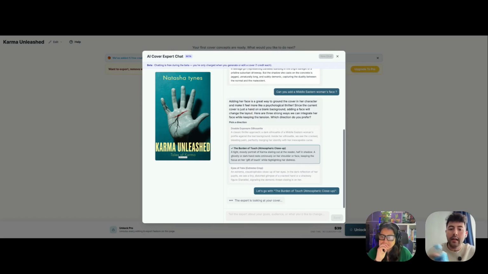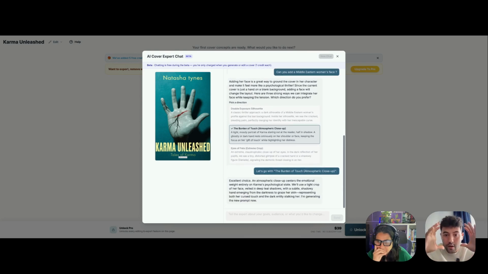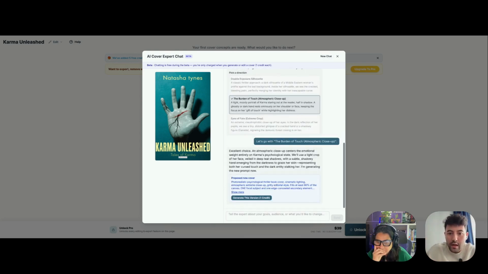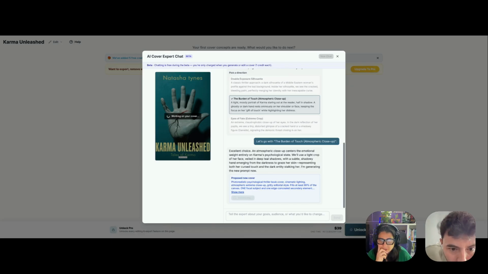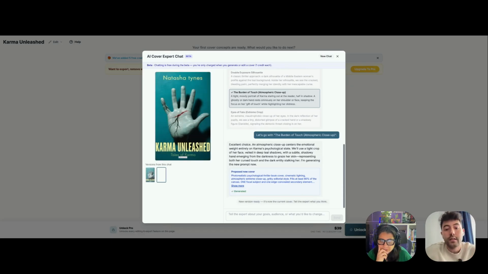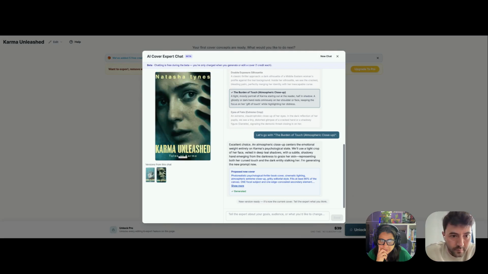I like this exercise because it's also good to see how an author uses the tool, because sometimes you are always focused on features, but maybe the way an author uses the tool is different from what you expected. And now you have a suggestion of the prompt that will be used, and you can generate a new version. So it's going to generate a whole new version. It's not going to use the hand. Propose new cover. In this case it's a whole new version, but mixed with your hand.